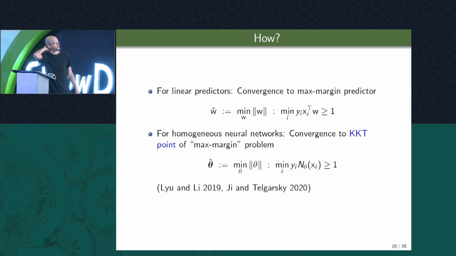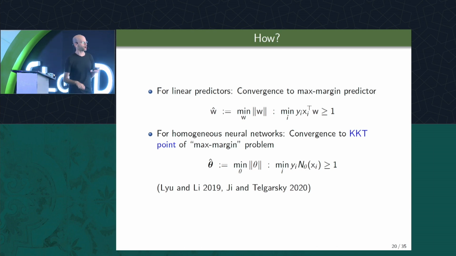Okay, so how do we do this? Recall that for linear predictors and classification, it's known that with standard gradient methods, you converge to the max margin predictor, such that the margin is at least 1. Now, it turns out that it's possible to generalize this to homogeneous neural networks. So basically networks where if you multiply all the parameters by some number, the output gets scaled by some power of that number, in which case, again, with standard gradient methods, you converge to a KKT point of